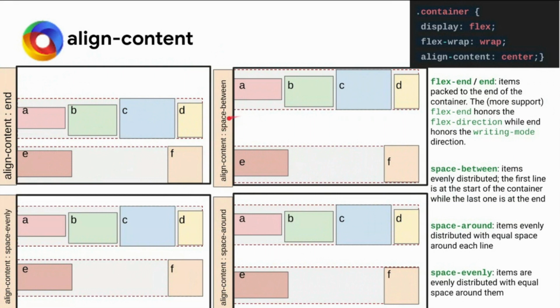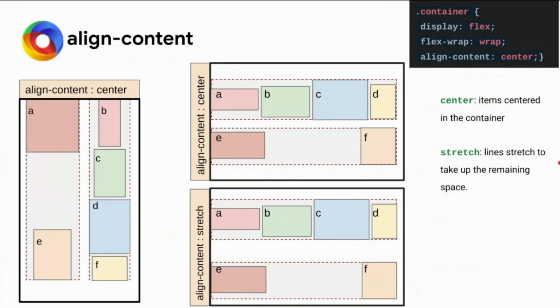So space between would be the first one comes to the top, this block comes to the end, and the space is created in between. Same way, align content space evenly, that is equal, it will be equally spaced everywhere. And space around, we have seen, this would be smaller, this would be smaller, this would be twice the distance of the top and bottom one. So like that, align content works in the multi-line, and it will change the alignment of a particular row in the case when flex direction is row, or an entire column when flex direction is column, and like that we can move accordingly.